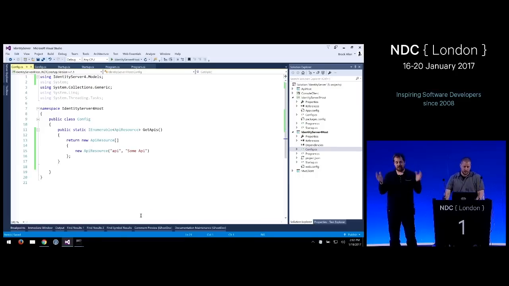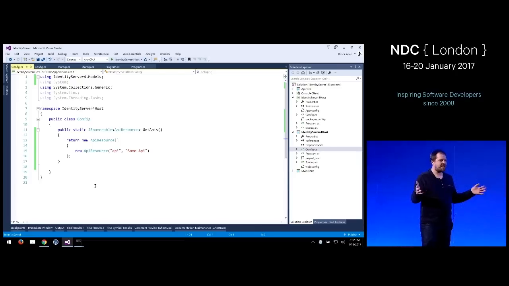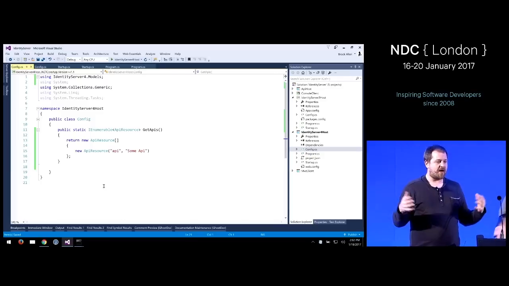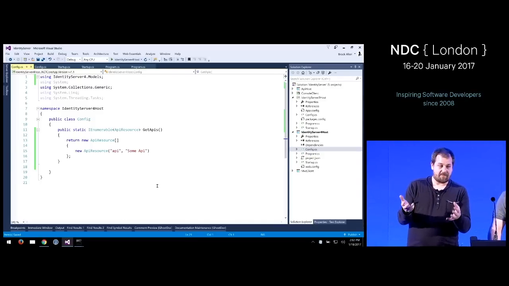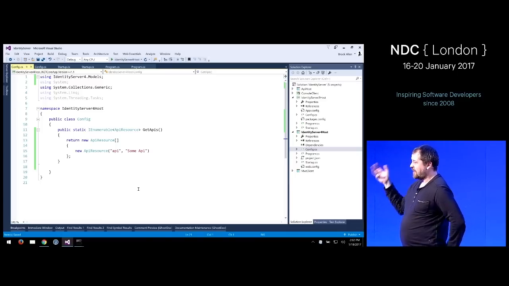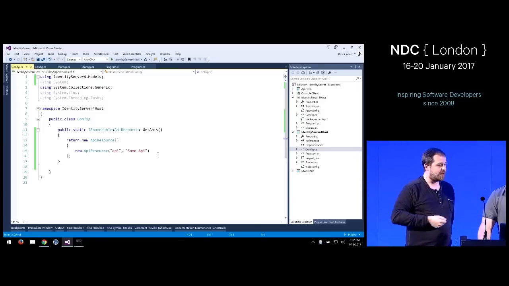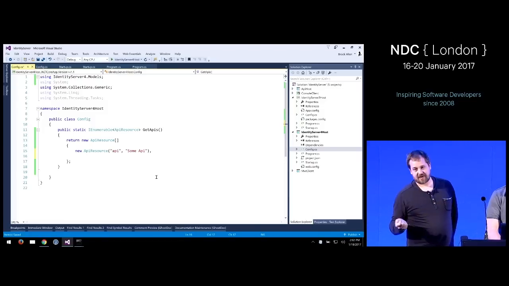And this line of code actually models the most common scenario. You have a logical API, which you want to assign to a scope name. Okay? This API might consist of multiple physical endpoints, yeah? But you want to give it a name that clients can ask for. What this model also enables is a much easier modeling of more complex scenarios. Yeah? So just quickly create another resource that has multiple scopes, for example.